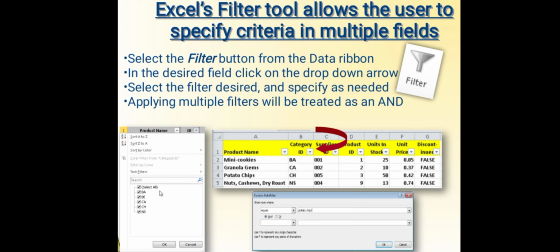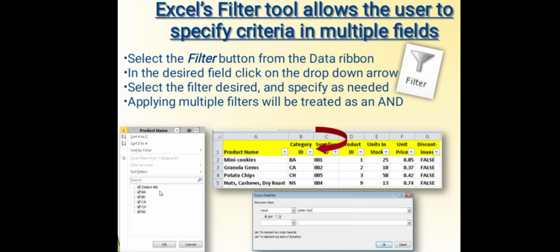The Excel Filter tool allows the user to specify criteria in multiple fields. You can see the funnel symbol here, meaning we can filter whichever we want. Select the Filter button from the Data ribbon, and in the desired field, click the drop-down arrow and select the filter you want.